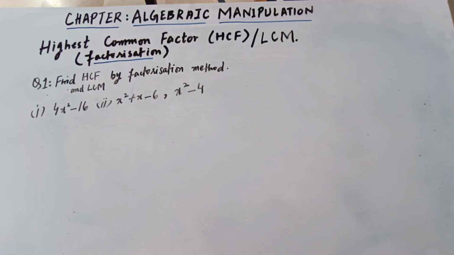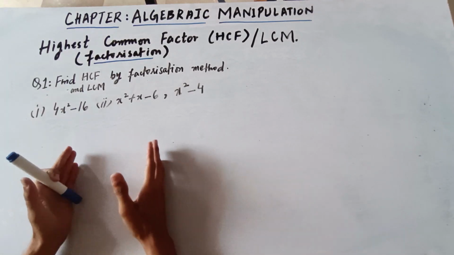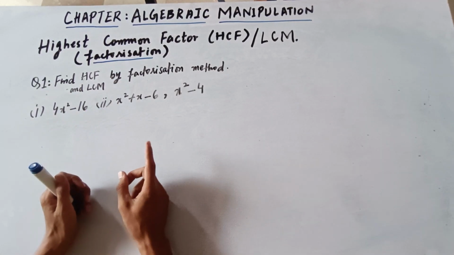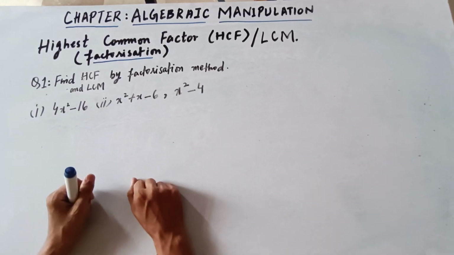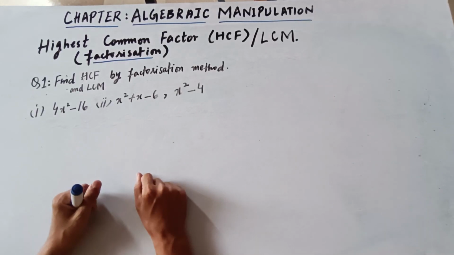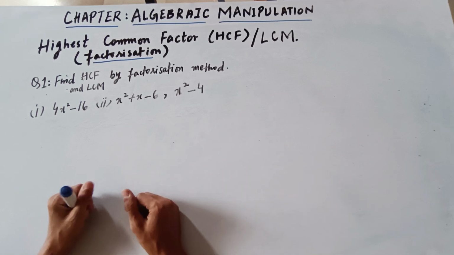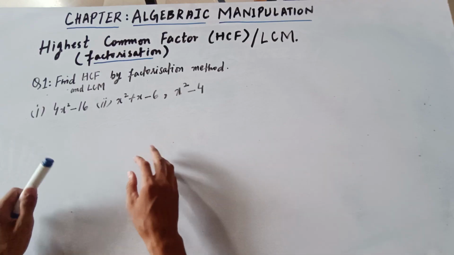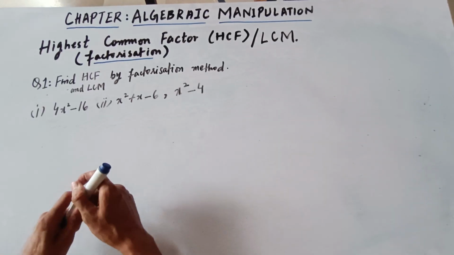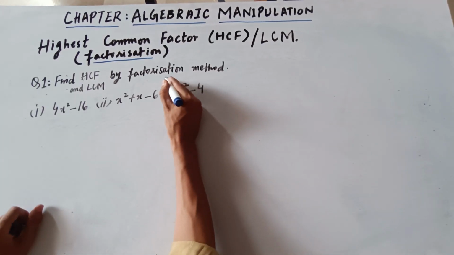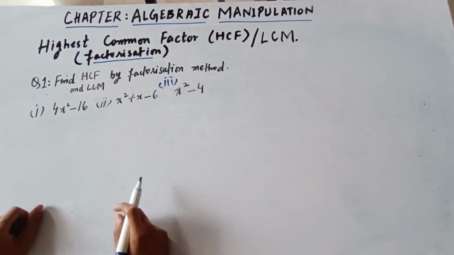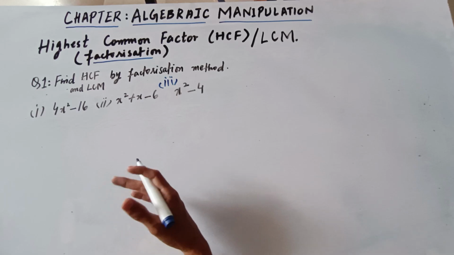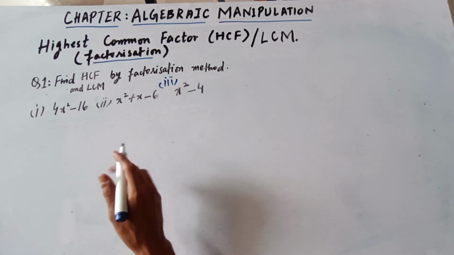Alright, now we have another question, and by using this question, we will understand how to find the SCF, as well as how to find the LCM, because in the factorization method the first step is common for both of them, which is doing factorization. So now let's first do the factorization of these three polynomials. We have already seen SCF in the first question, but we will also see LCM in this question.